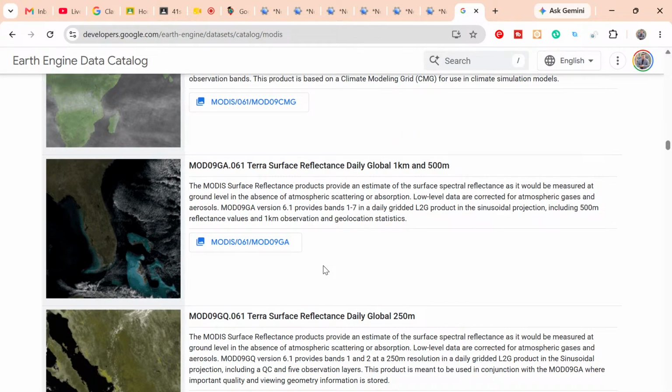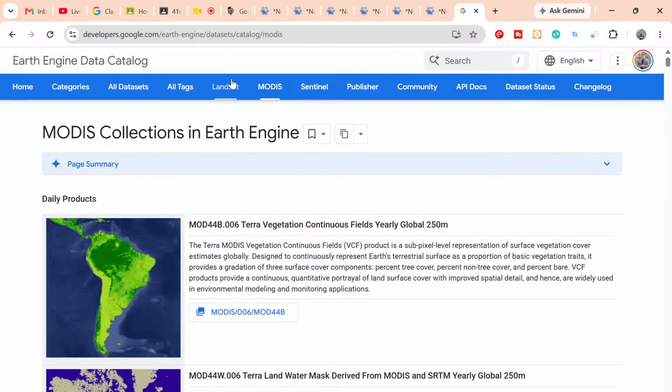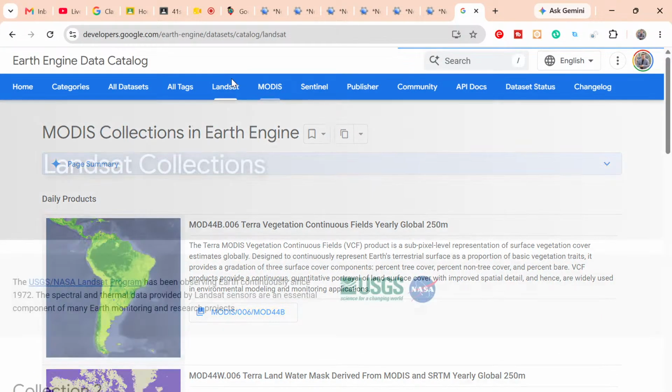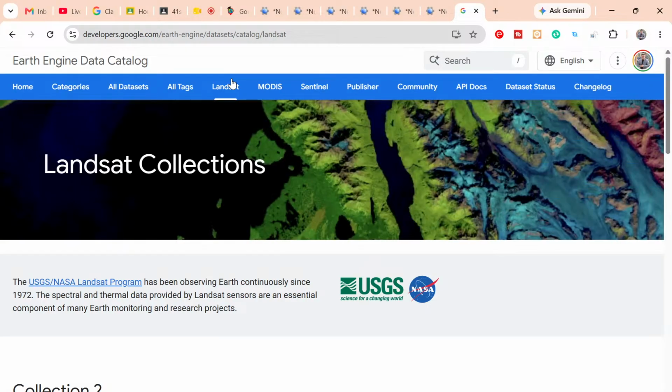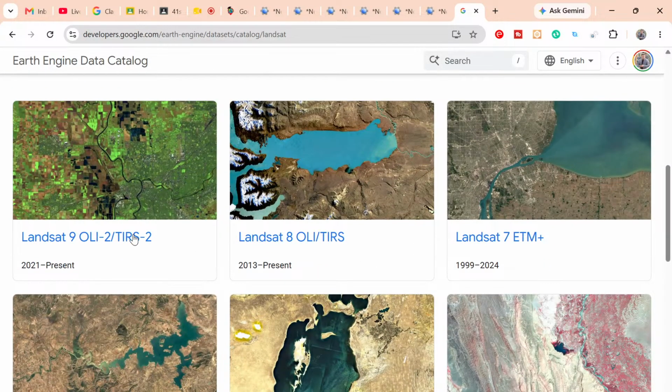So now, how do we use this type of image collection? Suppose Landsat. All are image collections, and when you work with any image collection, just apply the same procedure every time. So Landsat, Sentinel, MODIS are all image collections. So this time we talk about the image collection. Just click on Landsat 9,